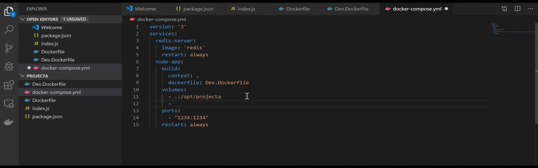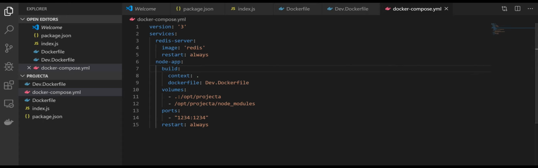So now I want to declare my dependencies. So same thing, dash /opt/project-a, then node_modules. Your dependencies depend on different servers. So if you are using Redis, then you have to do a Google to find out where the dependency is stored. So you have to assign to that path, right? So save it,